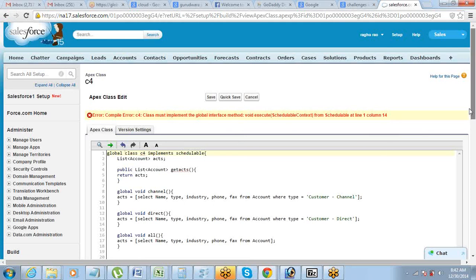The execute method will be required inside this. I'll tell you about that, but the first thing you have to do is use this implements Schedulable on the class.